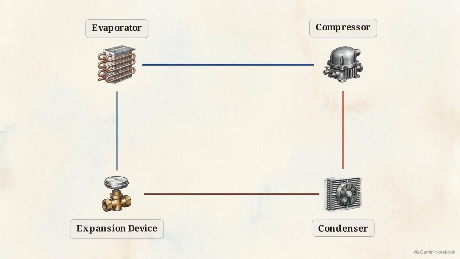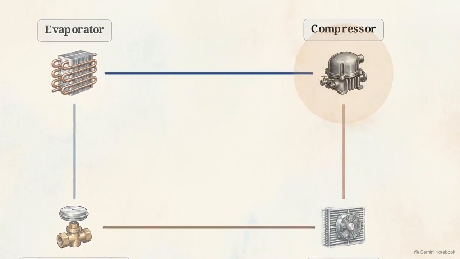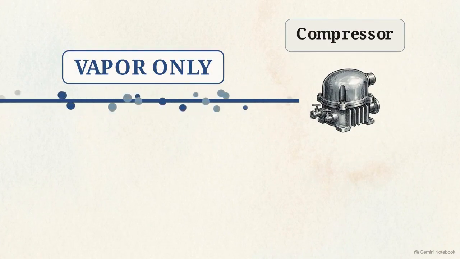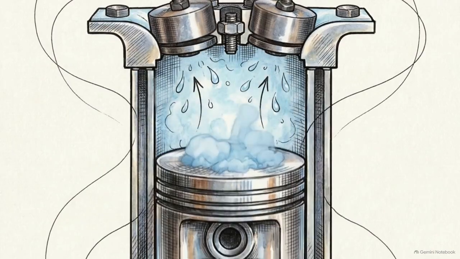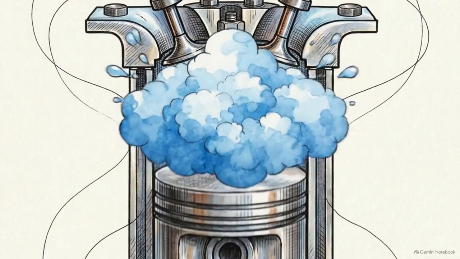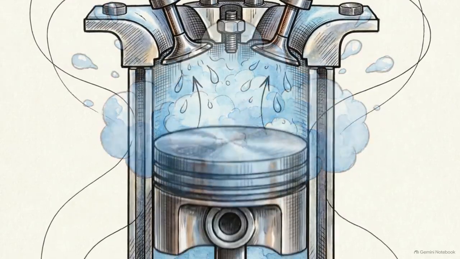In a standard refrigeration cycle, refrigerant flows from the evaporator to the compressor, condenser, and expansion device. The compressor is the heart of this cycle, operating under a strict mechanical limitation. It is designed exclusively to process refrigerant in its vapor state. Internal pistons and valves actuate at high speeds, creating rapid pressure changes calibrated specifically for the density and compressibility of